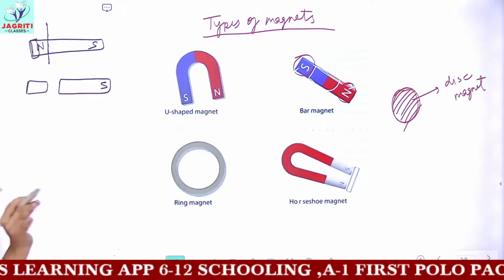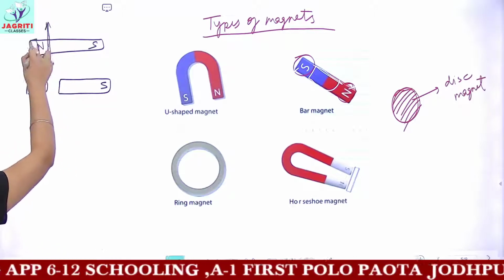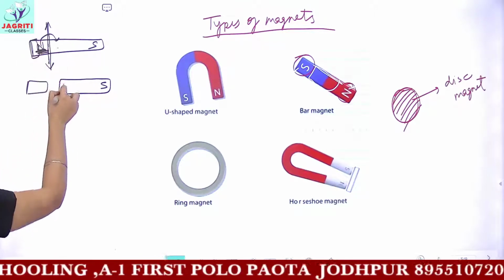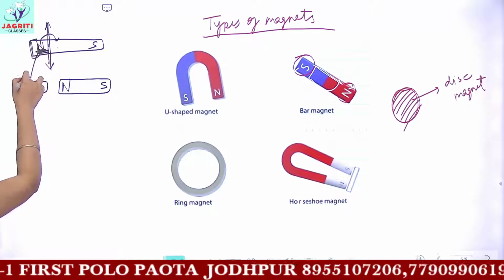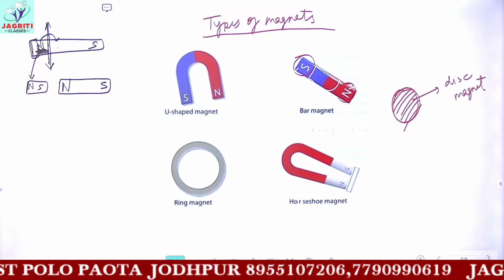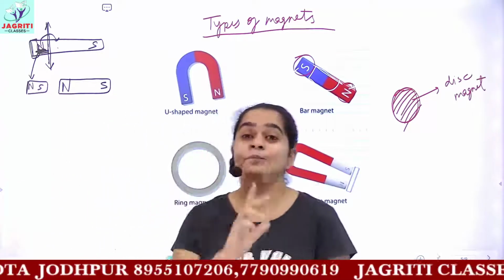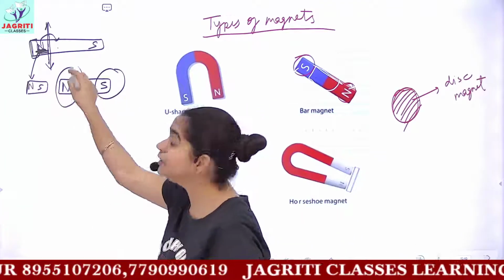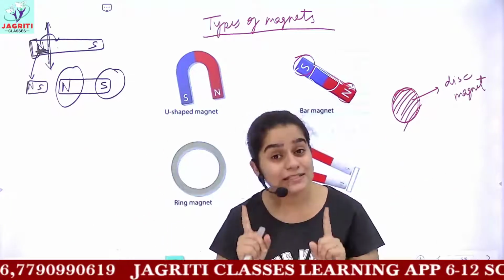but the case is not like this. Whenever you cut a magnet through any of the poles, then at the piece which you have cut, the same pole develops here. That is, again you will have a north pole developed here, and with this original north, you will have a south pole developed. So whether you try to cut a magnet in any manner, you will be getting two poles. Each magnet will always have two opposite poles, that is one north and the other one south.